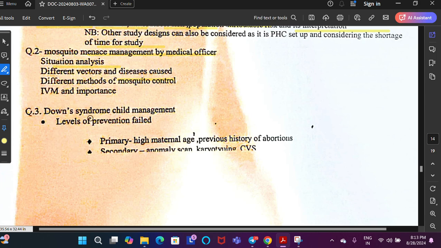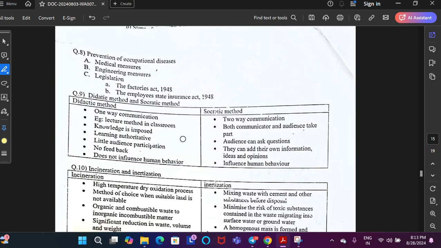You know, for Down syndrome child management, the levels of prevention apply. That is, why a baby has been born with Down syndrome. Primary: it is high maternal age, previous history of abortion. Secondary: it is anomaly in scan, karyotyping, cardiovascular system examination, that way. Then